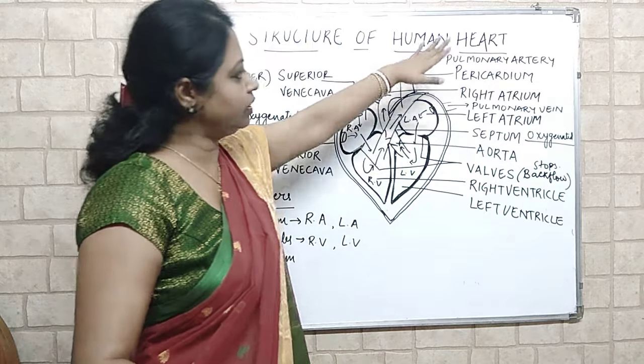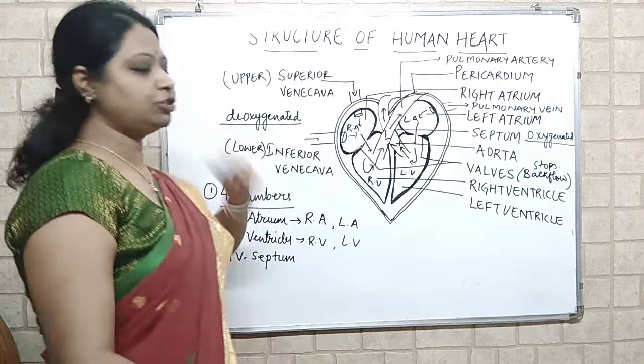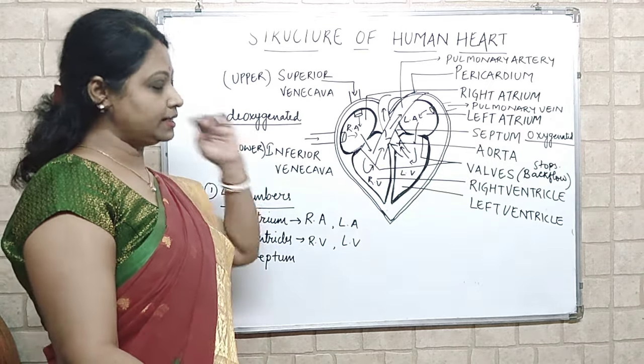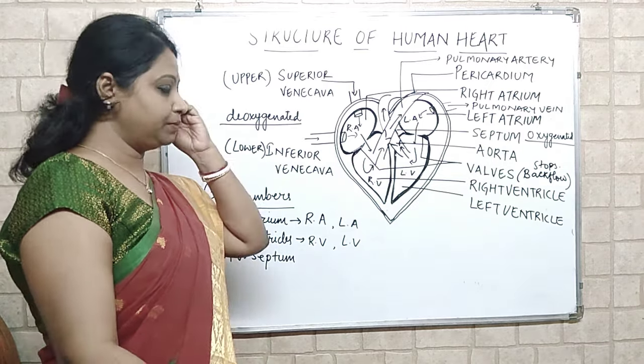The pulmonary vein. Why have we given the names artery and vein? These are the exceptions. Arteries carry oxygenated blood except the pulmonary artery, and veins carry deoxygenated blood except the pulmonary vein. We have to follow the concept that arteries always carry blood away from the heart, and veins always bring the blood to the heart. Keeping this concept in mind, we have given the name pulmonary artery, which takes the blood away from the heart, and pulmonary vein, which brings back the blood. So these two are the exceptions.